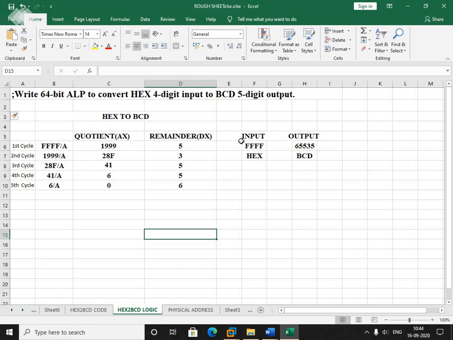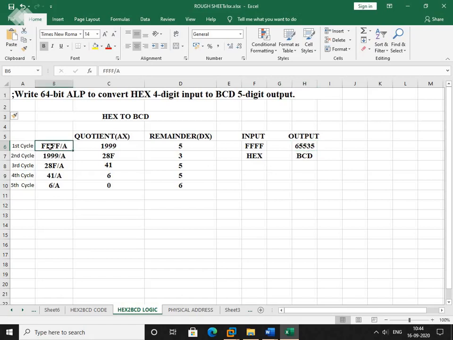So our standard input for this code will be 4 times capital F and output will be 65535 which is BCD, right? So this is the largest number in the hex, 4 times capital F, and the largest number in BCD is 65535. So whenever I will be giving this input, I should get this 5-digit output.